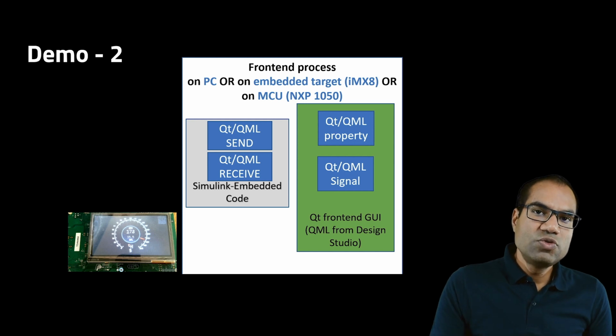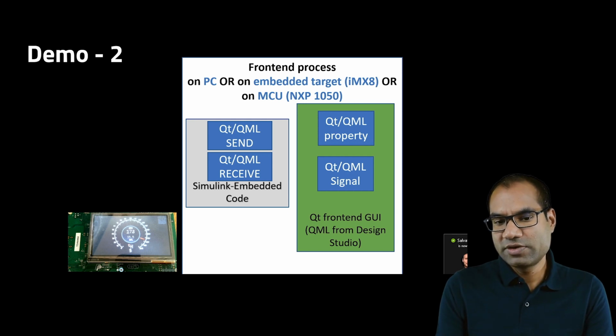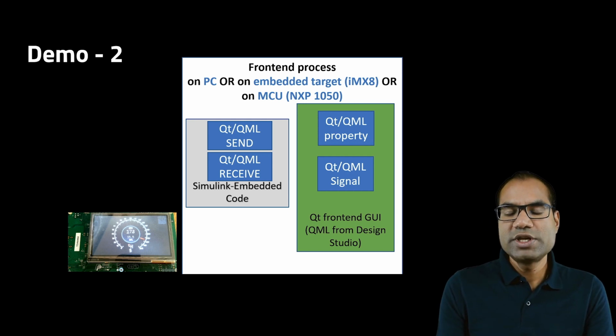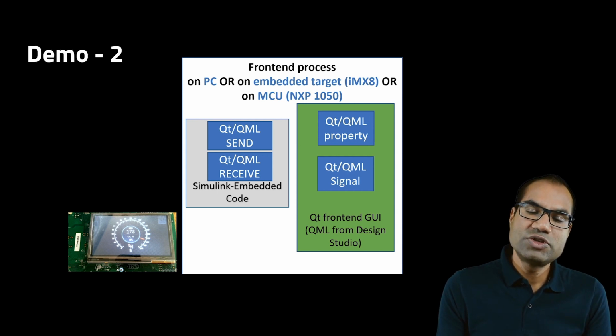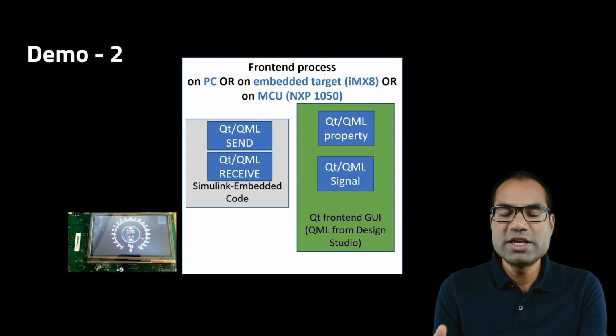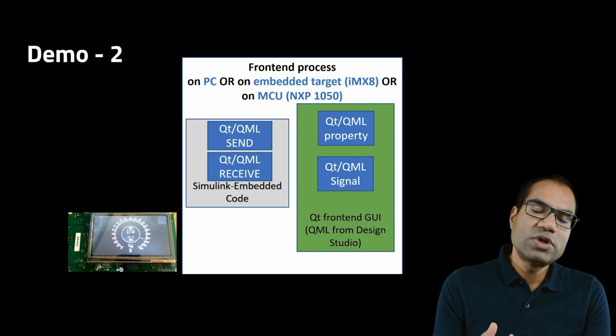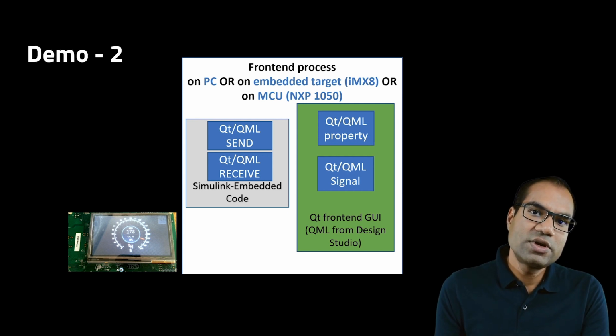That means the Simulink model should be able to run inside the target hardware, and for that Simulink provides tools called Embedded Coder, with which you can convert your model into C++ code, and this C and C++ code can then be integrated